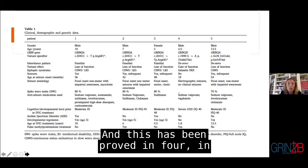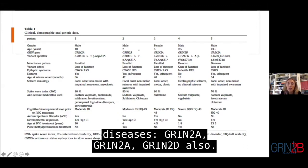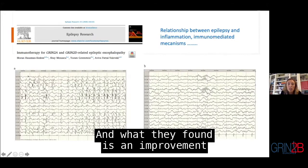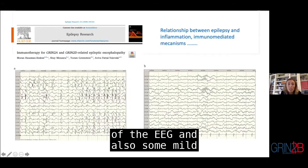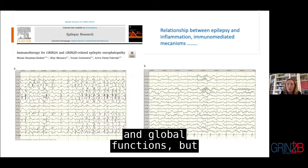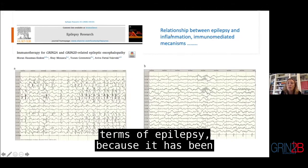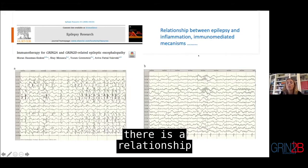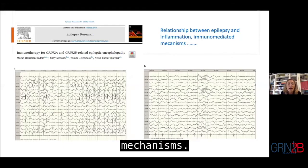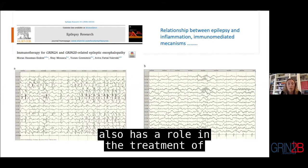And this has been proved in 5 children with different diseases, GRIN2A and GRIN2D also. And what they found is an improvement of the EEG and also some mild response in some other cognitive and global functions, but also at the clinical level in terms of epilepsy, because it has been described a long time ago that there is a relationship between epilepsy, inflammation, and these immunomediated mechanisms. And maybe, although this is a single paper, this is something that also has a role in the